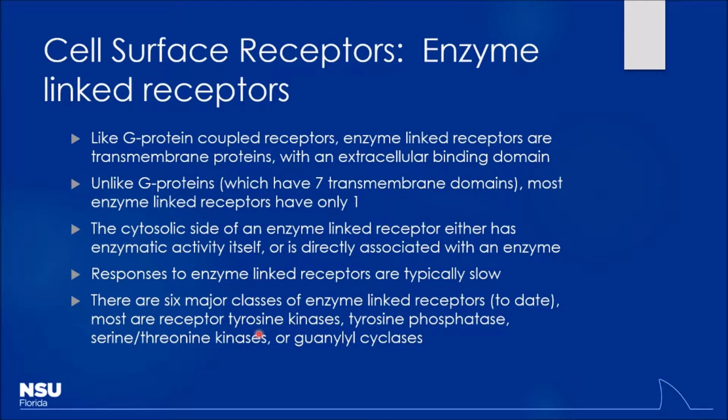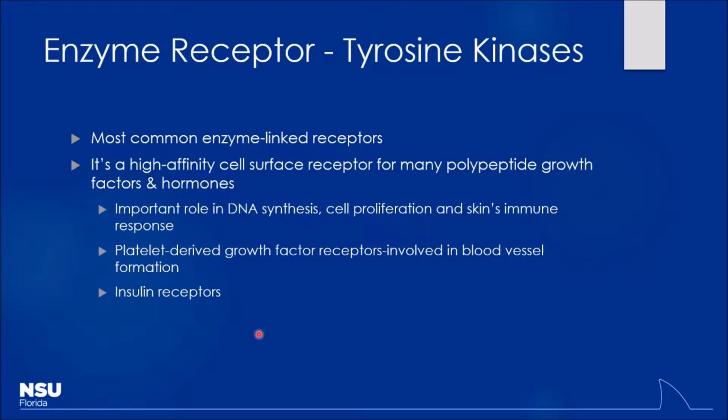Typically, these are a little bit slower in response than the G proteins tend to be. However, they can also be linked to more powerful effects. As an example, insulin receptors are a type of enzyme-linked receptor, and we'll see some of the effects in just a minute when I illustrate that. As I mentioned, tyrosine kinases are the most common enzyme-linked receptors you're going to run into, especially in terms of drugs. The reason they're so powerful is because their downstream, secondary effects tend to have